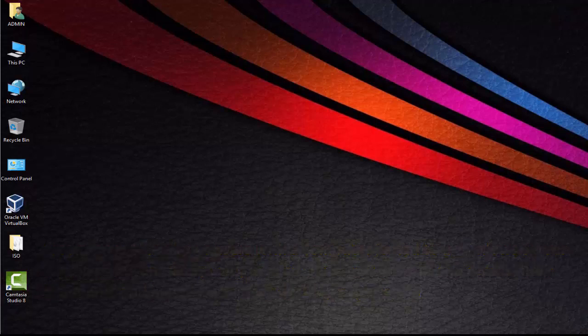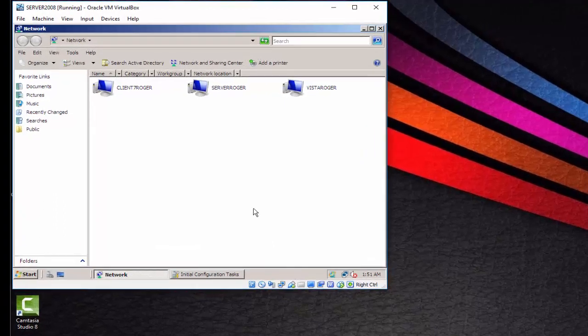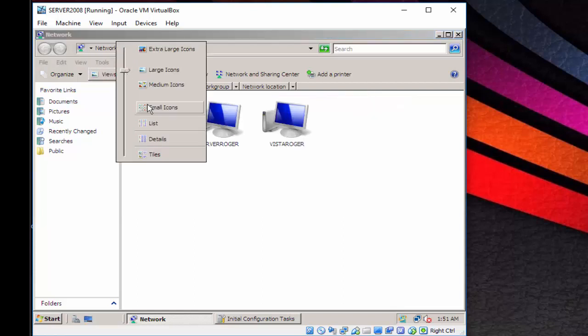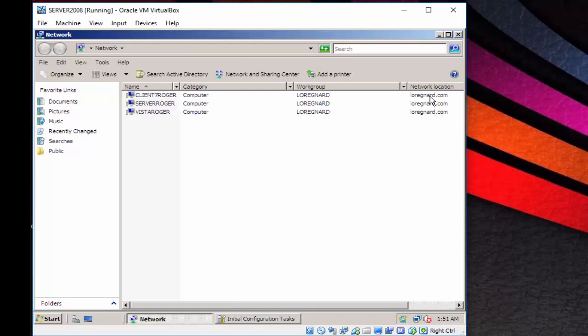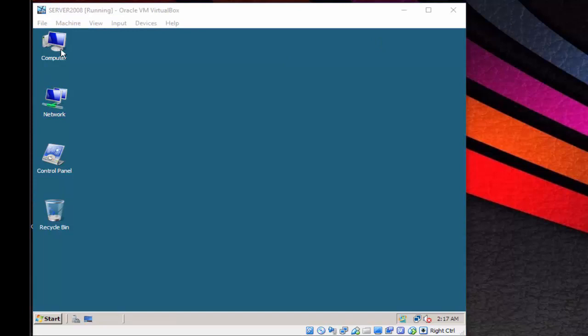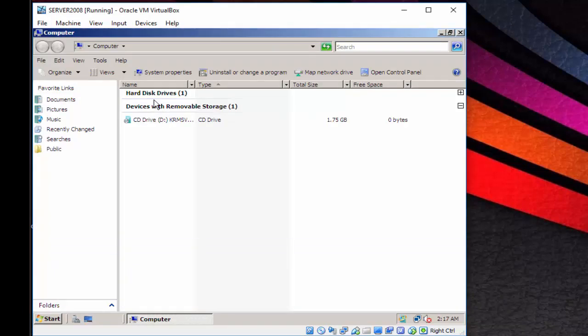Okay, so let's begin. What I'm going to do first is go to my server. You'll see that my 3 clients are connected, and I'm going to show you also that they are on the same domain, larenard.com. Next, I go to my Windows Server 2008, go to my computer,